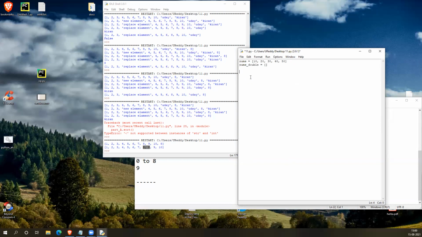So now what I will do is, without list comprehension, let's say I'll create a for loop. In that one, I'll iterate through all these elements in the nums, and for each and every element, I will multiply it with 2, and the newly generated value I will add to the second list.